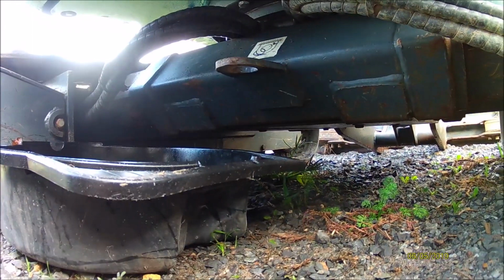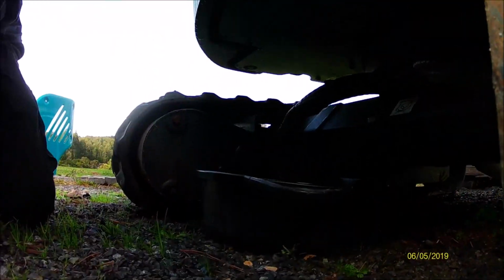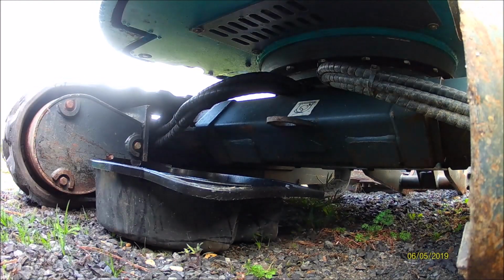So I might as well start with dropping the oil. I need to take that plate off there to get to the bung. So we'll do that. You can see, but